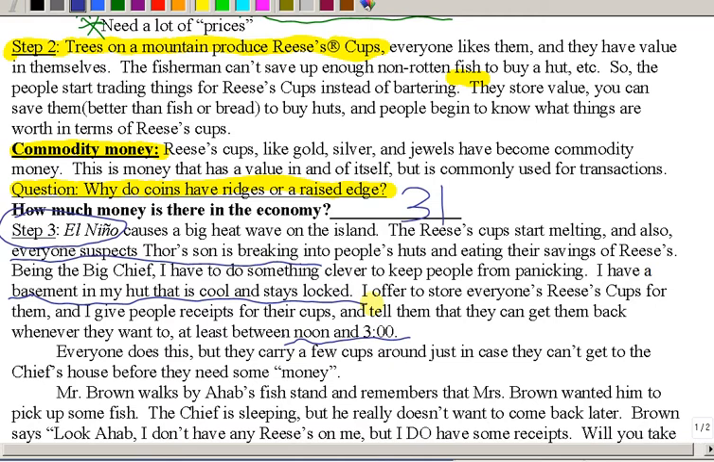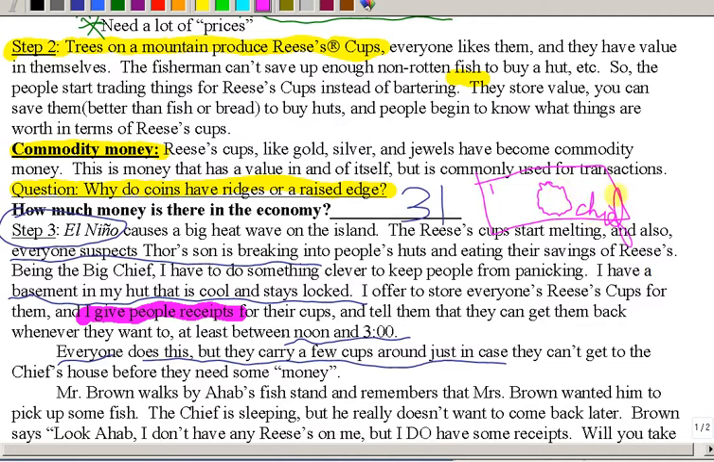So everybody does this, but everybody might keep a few Reese's Peanut Butter Cups around just in case they can't get to my house before they need some money. But what I do is I give people receipts for their money, right? Because I need to know how many peanut butter cups I gave everybody. And so I might print up little individual pieces of paper that might look like this. So, little piece of paper that has 1 and then a picture of a little Reese's Peanut Butter Cup on it, and then I might sign it, Chief, here, right? So if I give everybody receipts for their cups so they know how many they gave me,